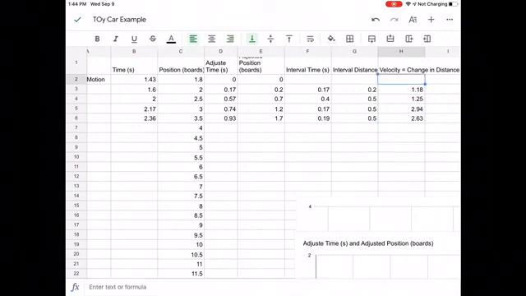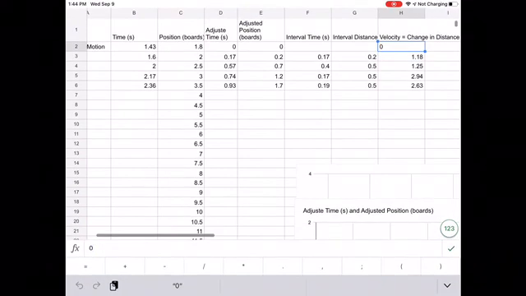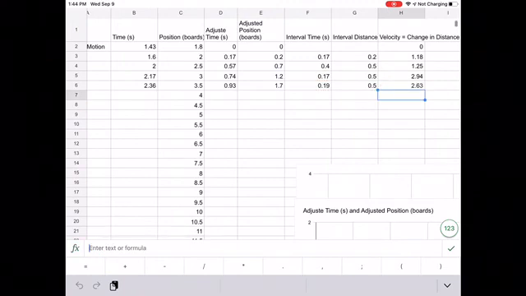Now here we could also go back, and we could put a 0 in here at the beginning because it started from 0 speed. All right, the last thing we'll say